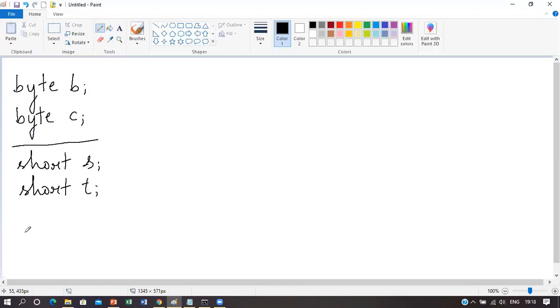So you have seen that normal int data type takes 4 bytes in memory in case of Java, whereas in case of C language, if it is a 32-bit system, it takes 2 bytes in memory. If it is a 64-bit architecture, then it takes 4 bytes in memory. But in case of Java language, the primitive data type size is always fixed. It always takes 4 bytes in memory. Now these are the integer types.